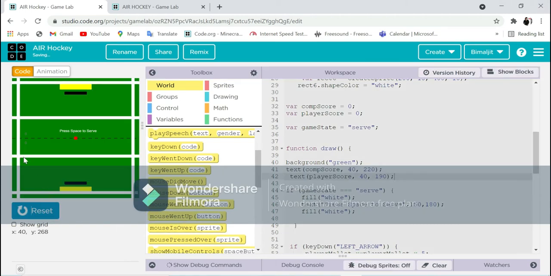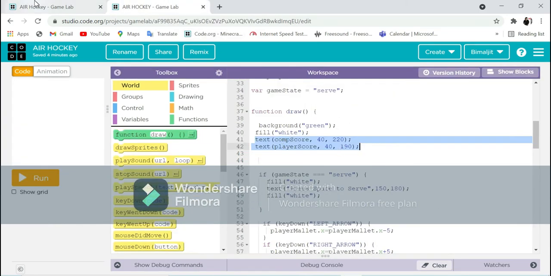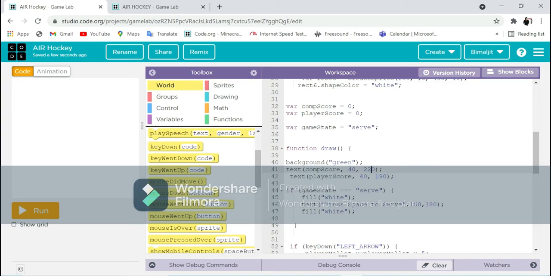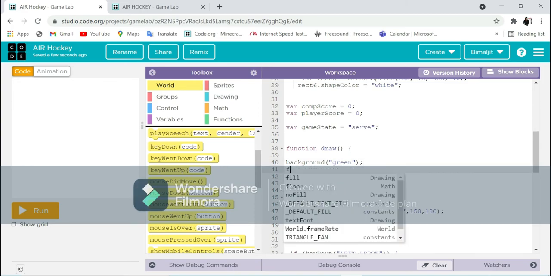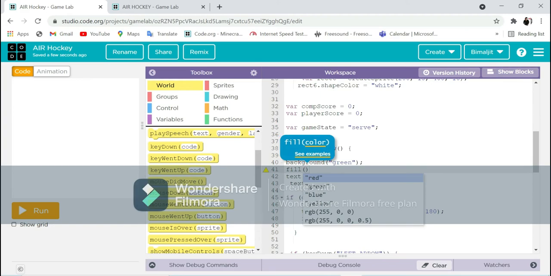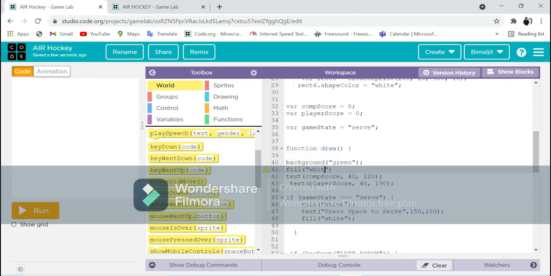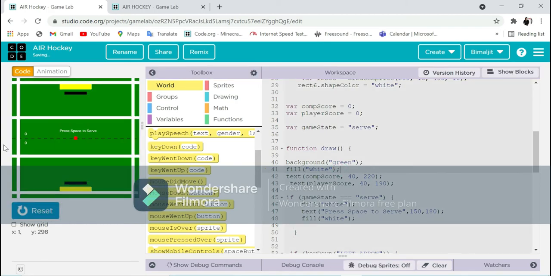Okay, now we can see that it's 0 0, but why is it so dark? Because we haven't given any color. So for that we have to write over here the condition fill, then in brackets and in this parenthesis we have to write double quotes, and then in that we have to write whichever color we want. Like now it is visible, you can see. So now let's try what happens. If it still doesn't happen, that means we are missing some lines. So let's try.